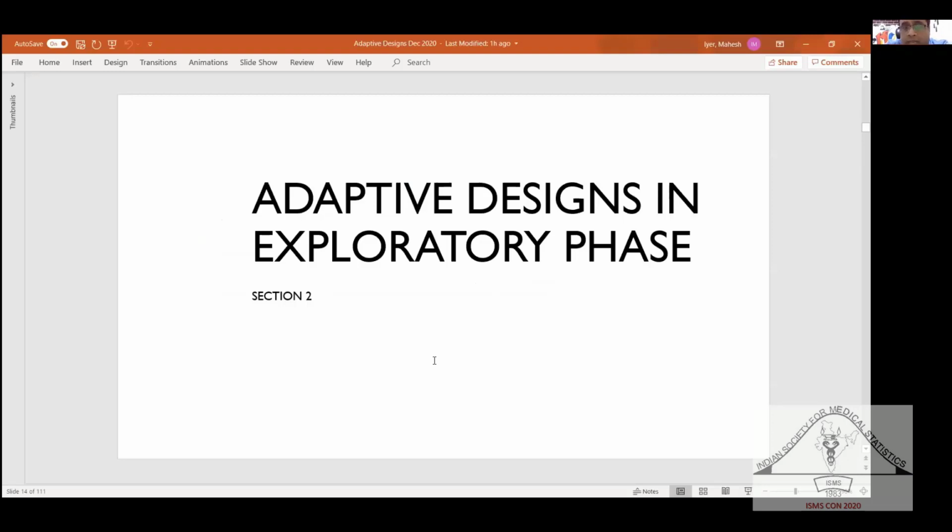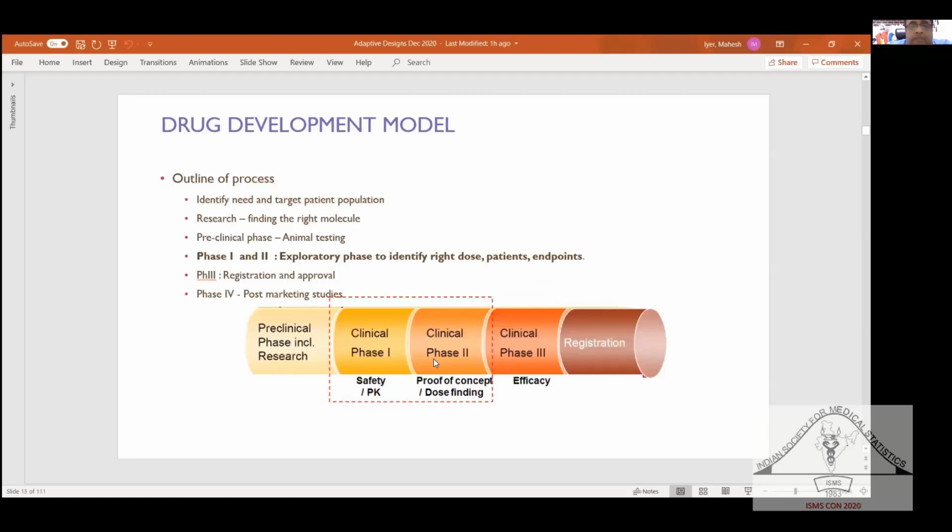Okay. So as I said, while we're going to focus on phase 2 and 3, I just want to spend a little bit of time on what are some of the designs in the exploratory phase. Okay. For all of you who are not part of the clinical research group yet, this is a quick snapshot of how clinical research typically happens. All the way on the left over here we have the preclinical research. This is on animals, this is in the lab, all of that stuff. So we are not involved with this part.